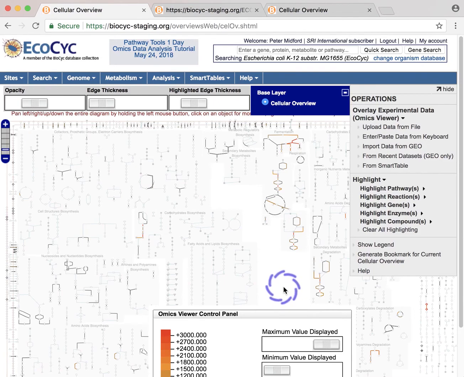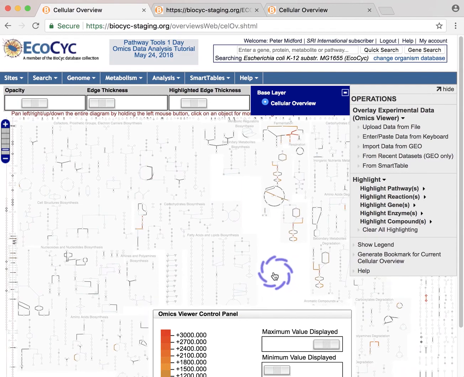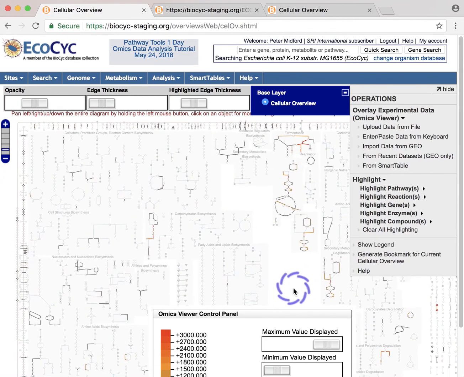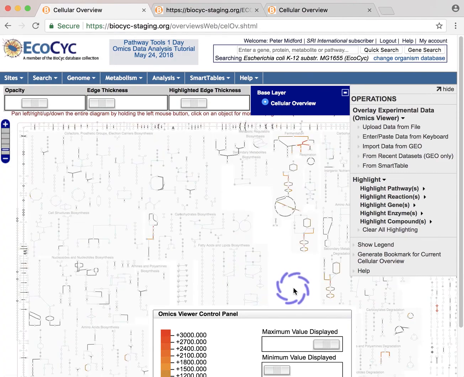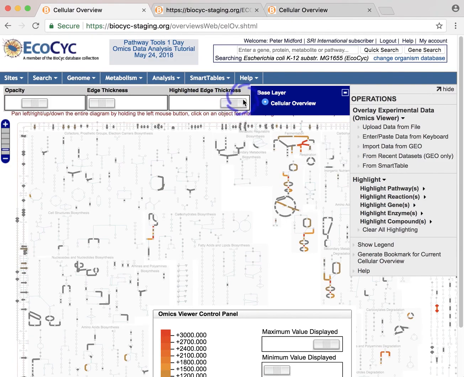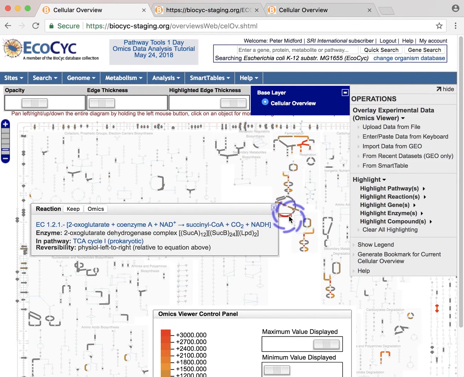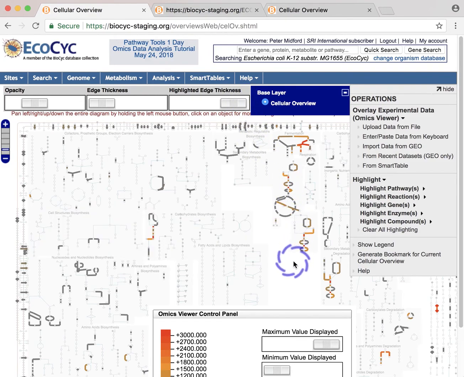Since this is an overlay of the cellular overview, the scroll and zoom commands work as they do in the overview. Likewise, the 3 sliders controlling opacity, edge thickness, and highlighted edge thickness work the same. I'll set the highlighted edges to be as thick as possible so you can easily see which reactions correspond to our gene expression data. If I scroll around,